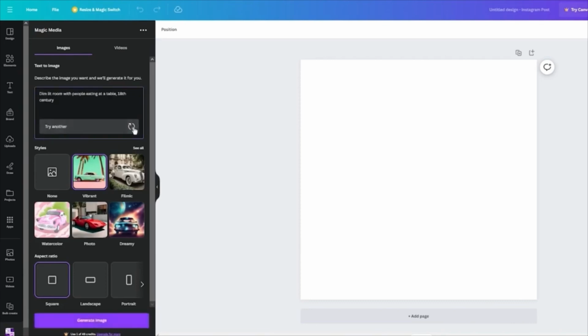You can also, by the way, try an example where it tells you this stuff. The dim lit room with people eating at a table, 18th century. But I'm going to take that off and I'm going to write my own prompt. So I'm going to go ahead and write